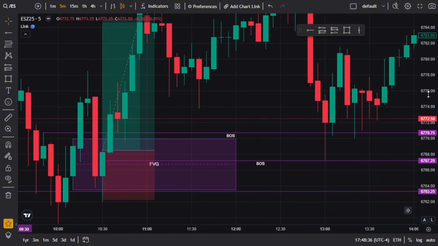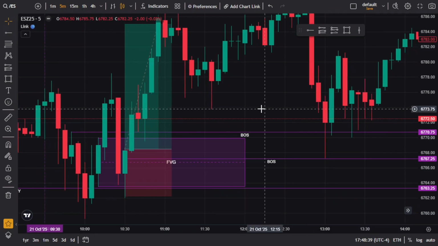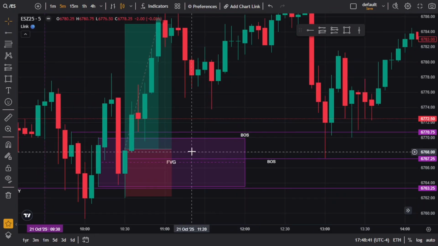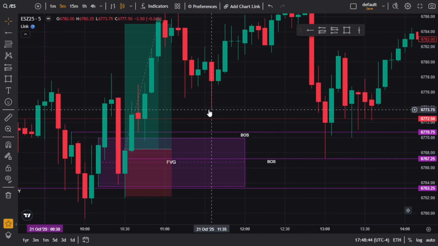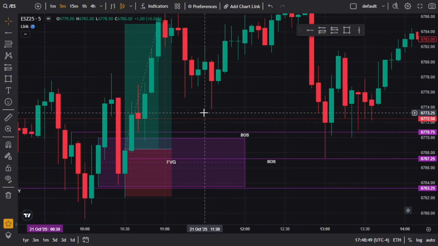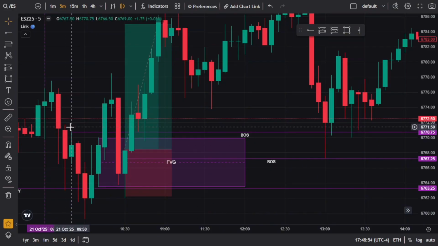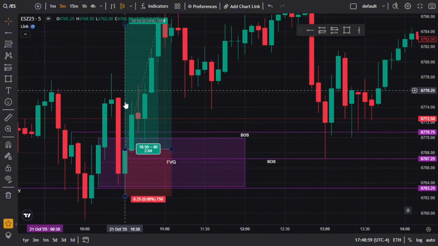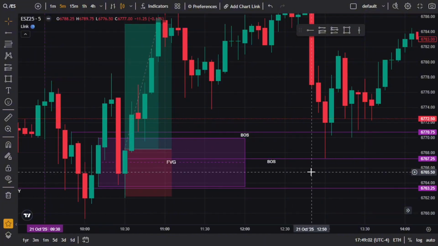Confluences depend on your bias for the day. If your 4-hour and your 1-hour align, it's 5-minute confluences, 5-minute breaker structure, 1-minute entry. Let me say that again. If your 4-hour aligned with your 1-hour, you're going to mark out your 5-minute breaker structure, and then your 5-minute confluences, whether that's a fair value gap, order block, inverse fair value gap, and on and on.